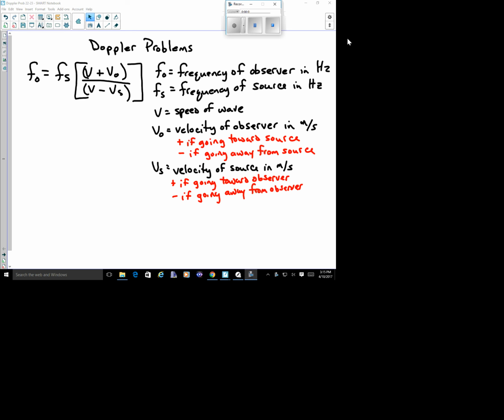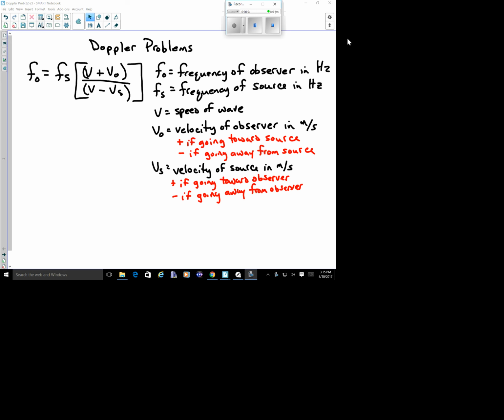This is going to be the Doppler Effect problems number 22 and 23 on the worksheet that says wave notes and calculations. Once again, number 22 and 23. Before we get into this, these formulas here for the Doppler problems are rather complex because you've got 5 different variables. So if you could just stop the movie here and write all this down, it's probably a good